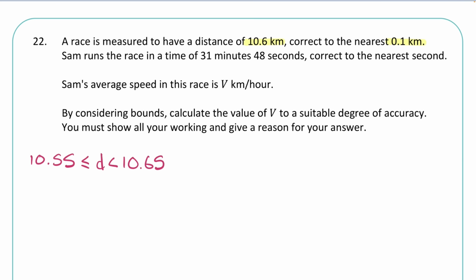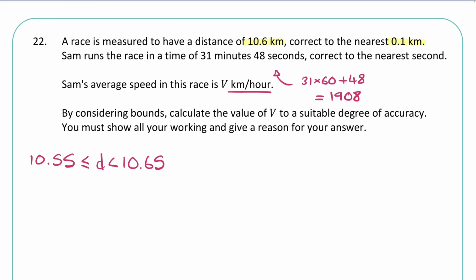The time is a little bit awkward here because it's in minutes and seconds, and it wants our speed in kilometres per hour. Now we can convert this either into minutes, into hours, or what I think is a little bit nicer here is into seconds. We can always convert the speed later on. It's nice and easy to move between seconds, minutes and hours. So here we can do 31 times 60. That'll tell us the total amount of seconds in 31 minutes, and then we can add the 48. Now that comes to